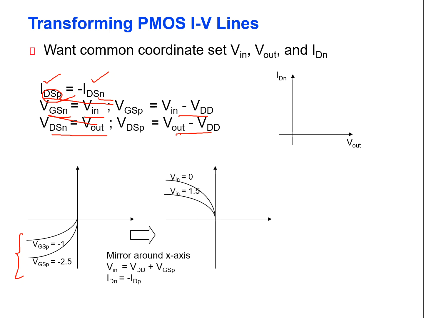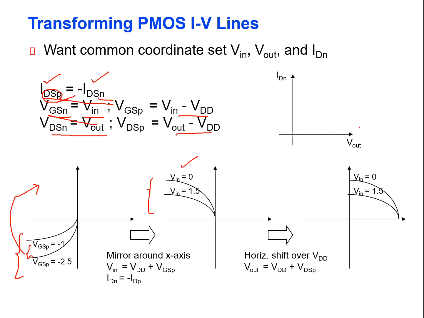To do that, we consider the characteristics, and if you mirror them about the x-axis towards the second quadrant, it would be like this. See here, the VGSP characteristics, if you move them to the second quadrant, would look like this. And if you move them to the first quadrant, you are directly shifting this to the first quadrant. See the characteristics, it would be like this.